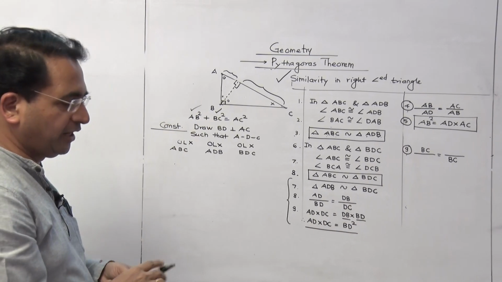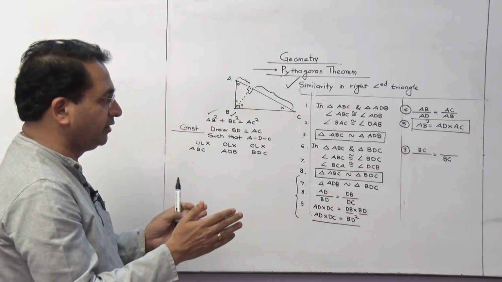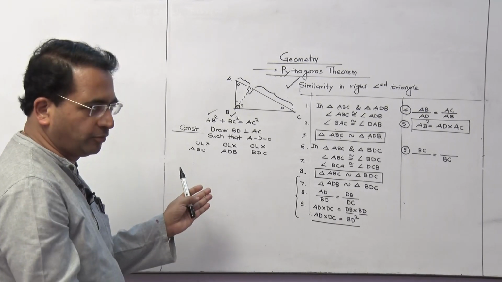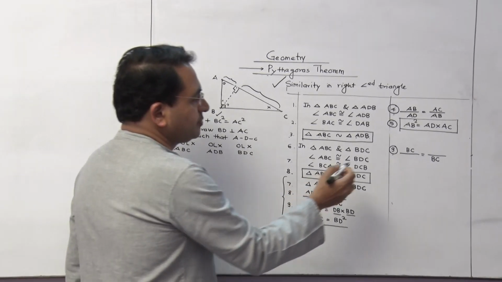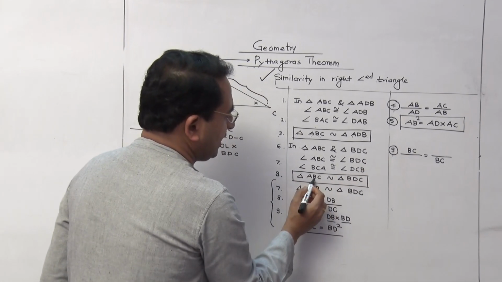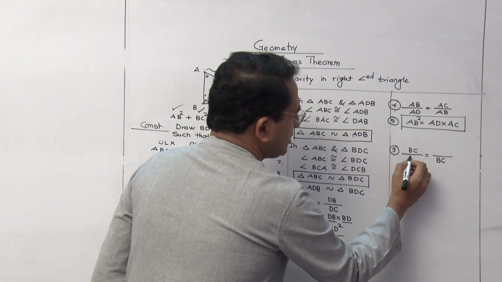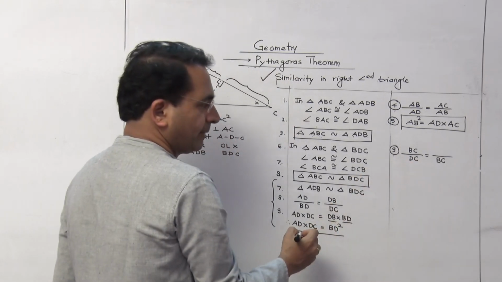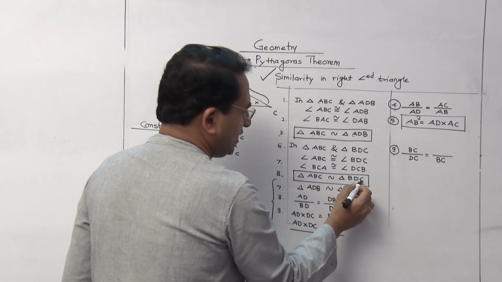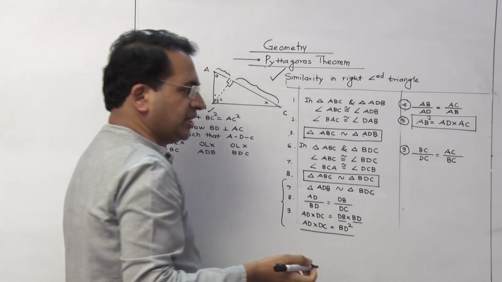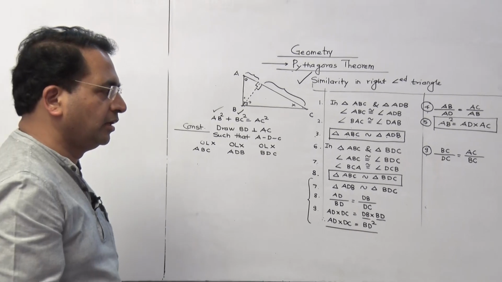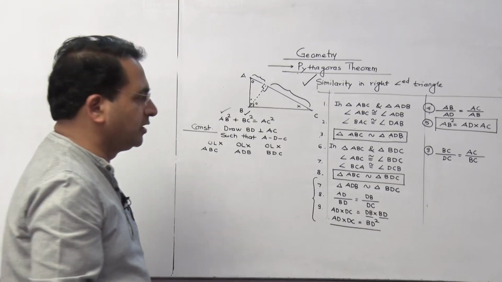In the proportion we get BC and BC on either side, one in the numerator, the other in the denominator. Then by cross multiplication we get BC square. Now this BC is nothing but the second and third letter. So this is DC, or not? And now if this is BC, then this one you have to write here, that is AC. The reason will be the same, CSCT: corresponding sides of similar triangles.